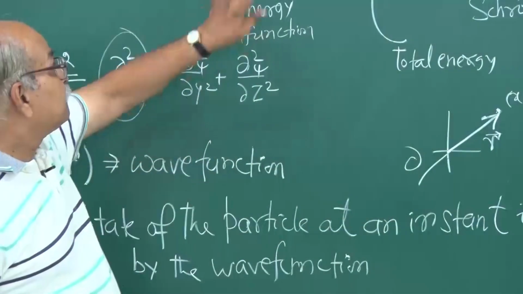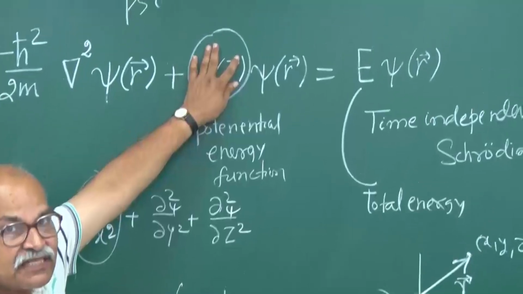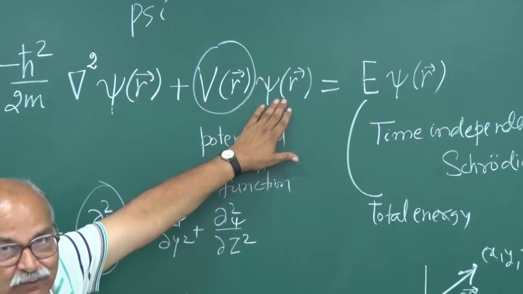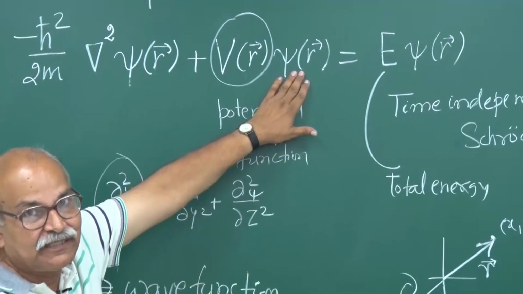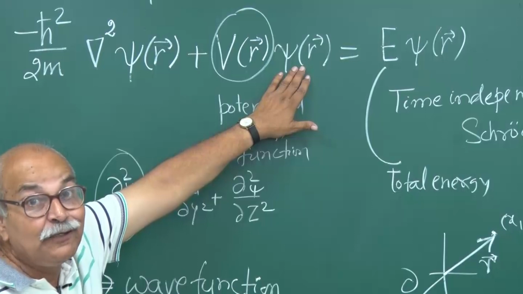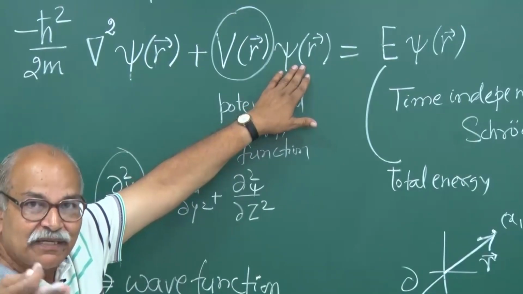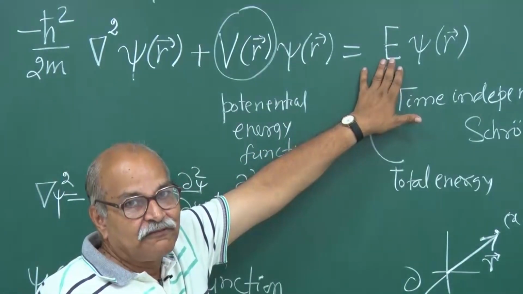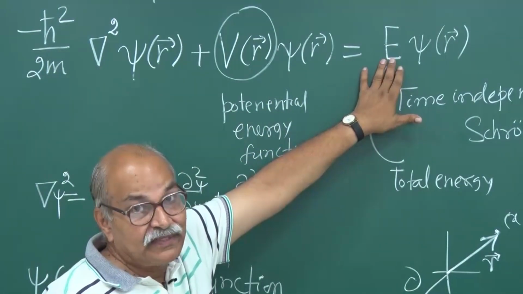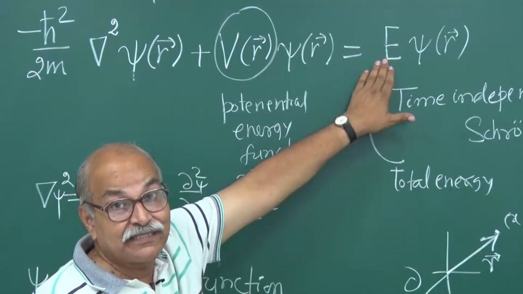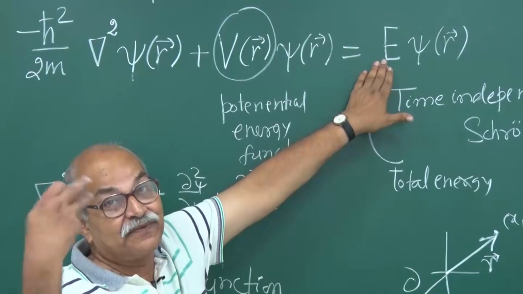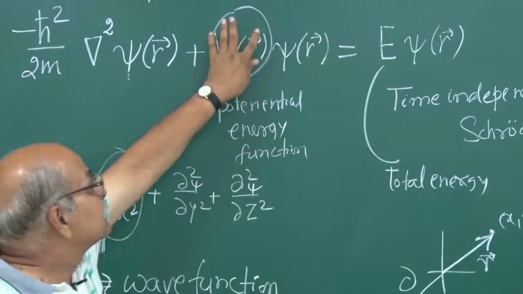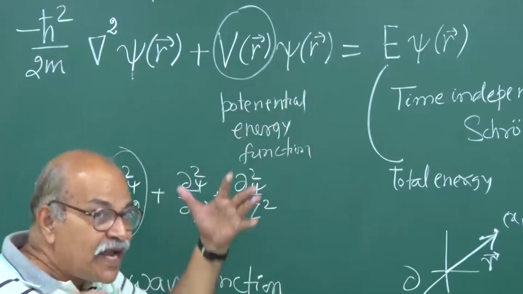But if this potential energy function is given to me, then this psi is something which I have to discover from this equation. It's an unknown function, not an unknown variable, and this energy is also not known to me. This is an unknown function, and this is an unknown value. This energy is a value, just a number. It's not a function of x, y, z. It's a number. So I have to find this E and psi